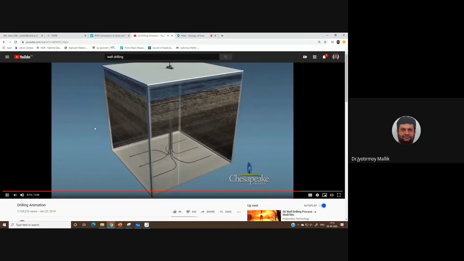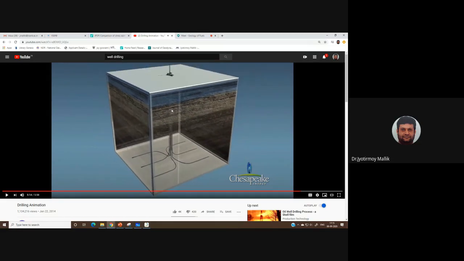Okay. So you can see here, this is a multilateral well. So from one drilling site, there are plenty of drill paths, drill trajectories, that have been drilled. So maybe one, two, three, four, five, six wells have been drilled, and all of them are vertical to start with. Then it becomes horizontal, and not only horizontal, then it also changes its trajectory. So these types of wells are fairly complicated and generally used for unconventional oil and gas, and they are called multilateral wells.